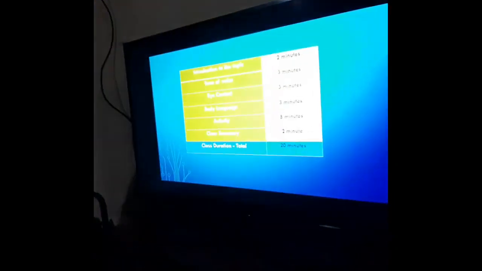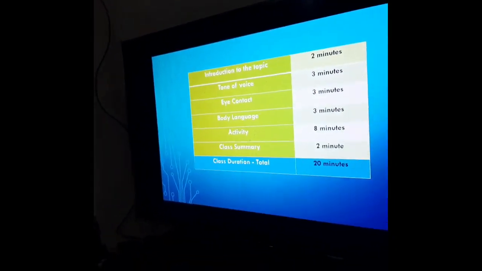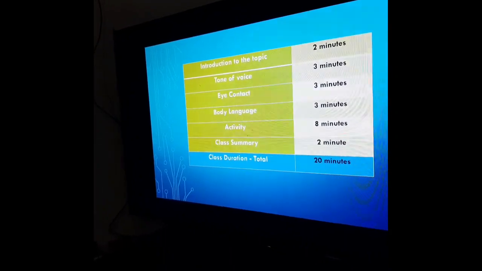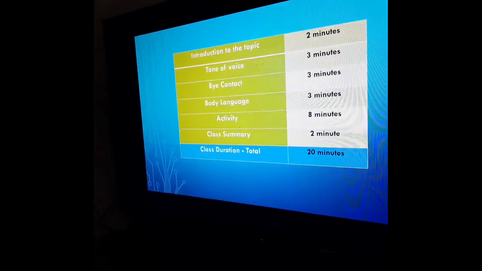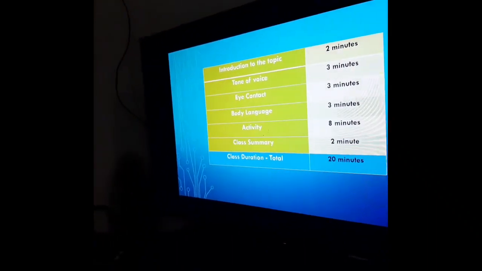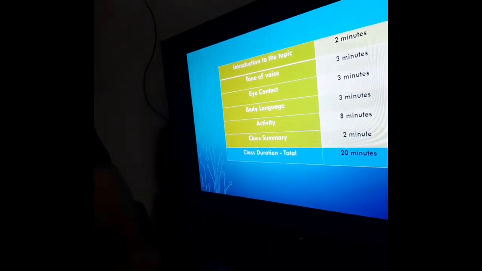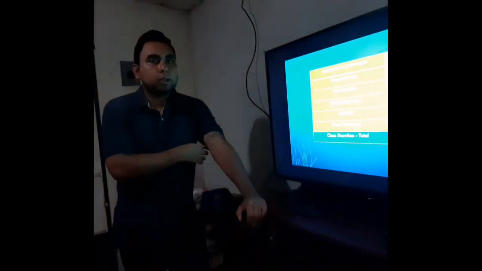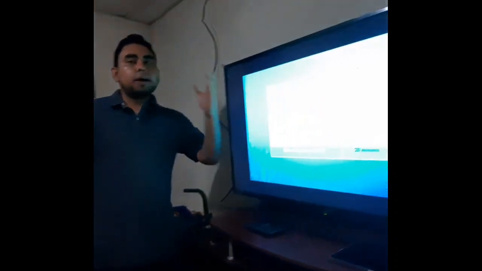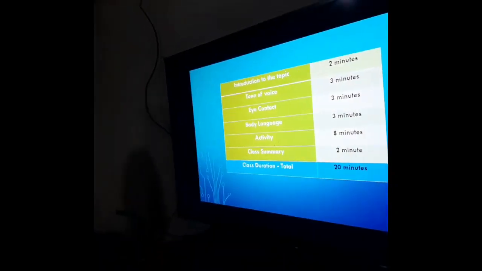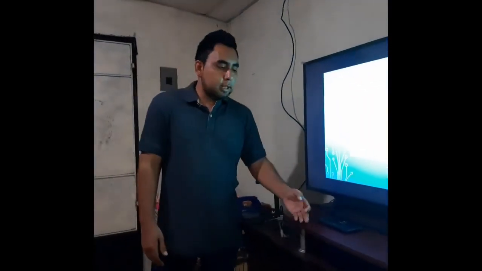We also covered the eye contact, because we said that eye contact can show if you are paying attention to the person that is talking to you, if you are interested in what the other person is saying or trying to express. And the other important factor that we reviewed was the body language, right? It can also help you to express your emotions, your ideas, or what you are trying to say, because